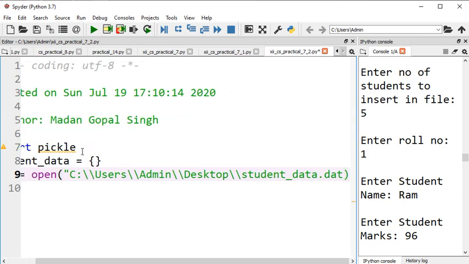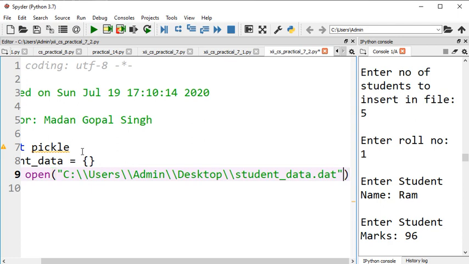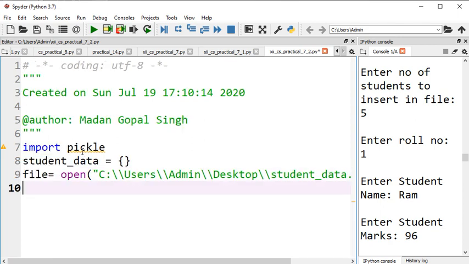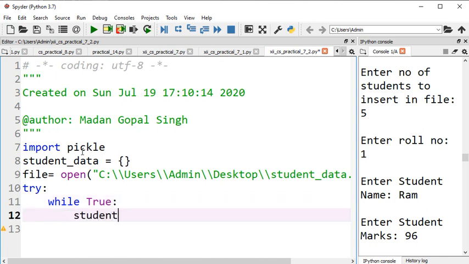File name you need to pass correctly. Then you need to open it in the read binary mode, because we are going to read the content of the file. Then let's use while True, and we need to look at the student data as we are reading line by line.